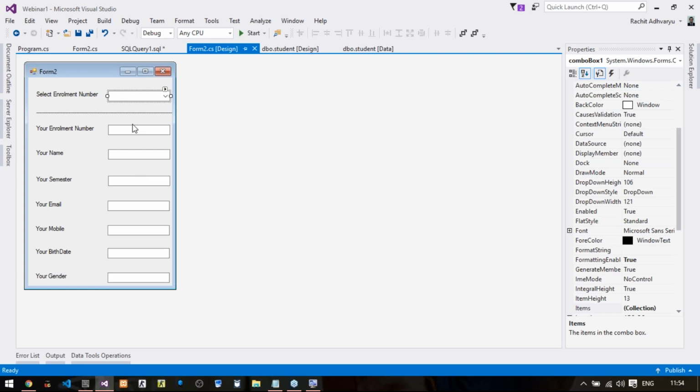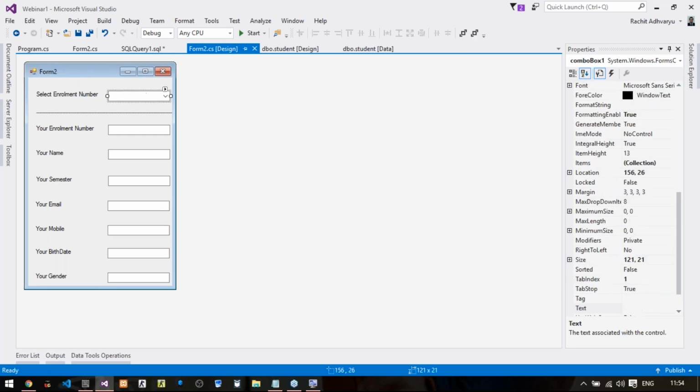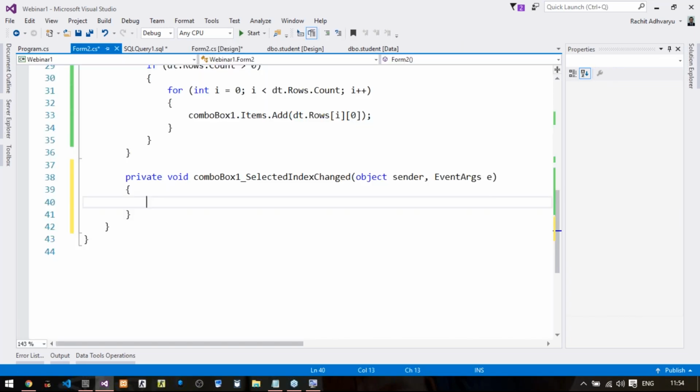So for that what we will do is I will generate an event of combo box. We are not dealing with the form load event now. We are going to deal with combo box event. So I'll double click on combo box. So automatically one event of combo box has been generated and that event says selected index changed. Now what do you mean by this particular event?